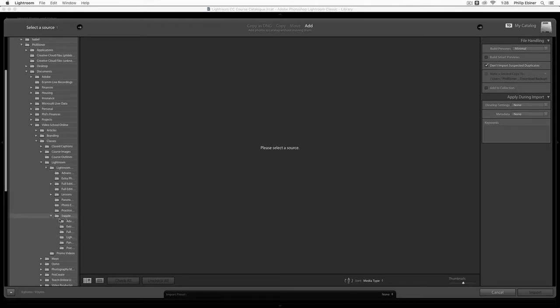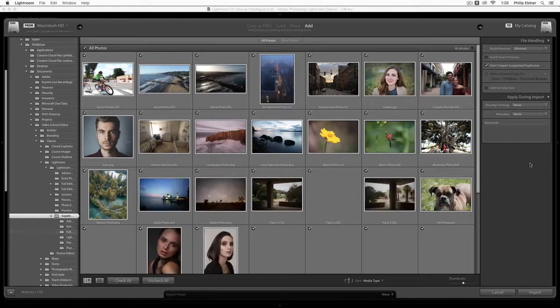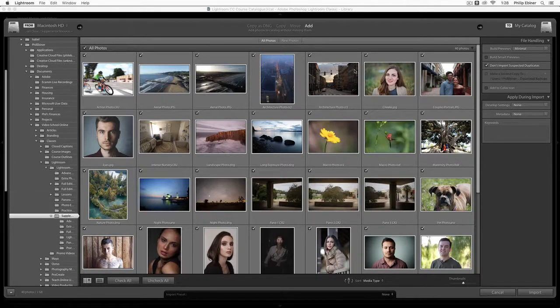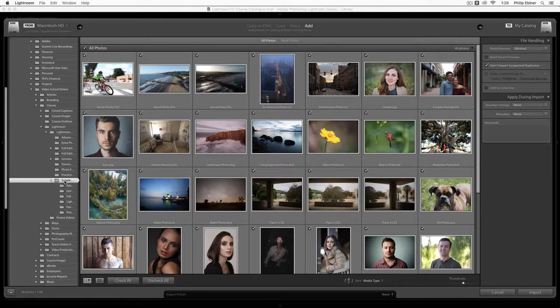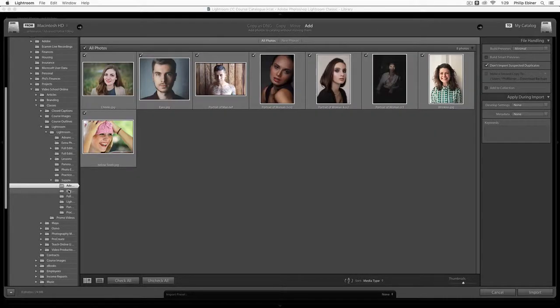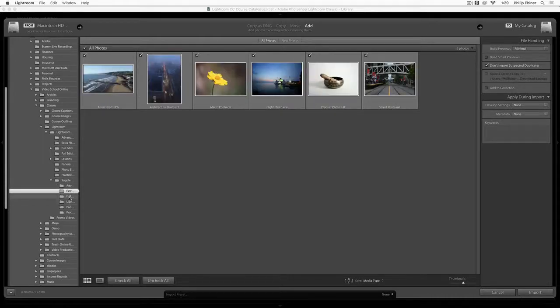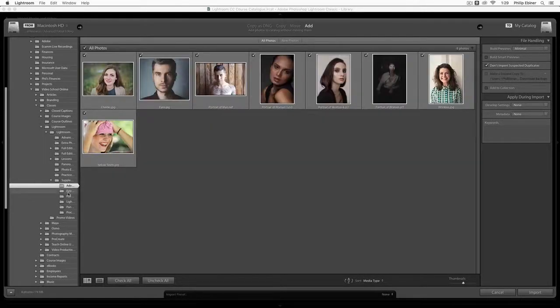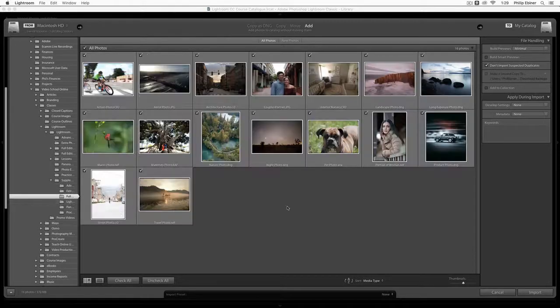So if I click on one of these folders, it's going to open up all of the photos within this folder. If you don't see the photos, right-click and make sure you choose Include Subfolders. If you don't see that, that's okay too. You'll see this option in the middle that says No Photos Found, Include Subfolders. Or you can just go to the subfolders. So I have this Advanced Editing folder, we have extra photos, we have full editing sessions. And when I do that, we see all of the different photos pop up in this big window in the middle. And this is where we can select the photos that we want to import.